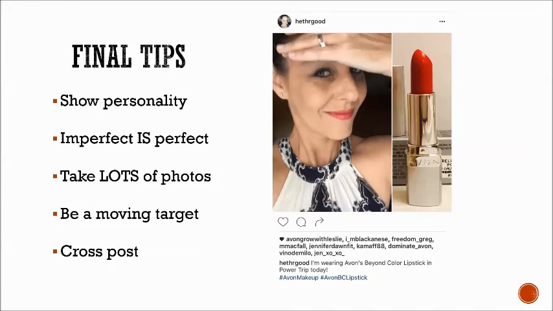I also suggest keeping photos and albums so that you can easily locate an item you featured in a previous post when a customer asks you about it later. The bottom line is, once you've created a post, share it everywhere to make sure it's seen. Then sit back and bask in a job well done.